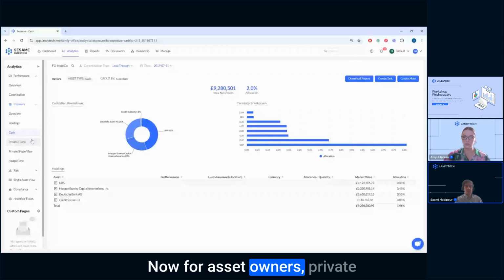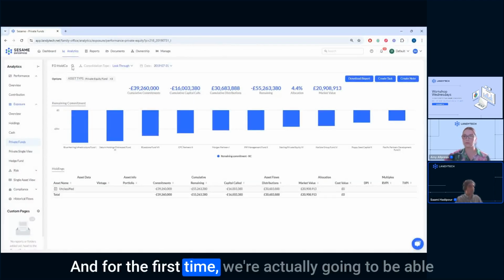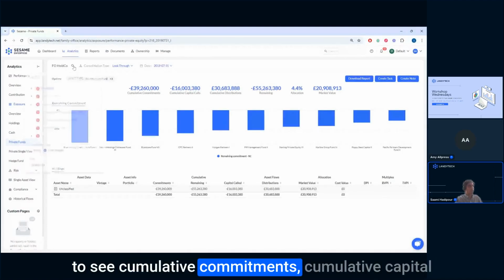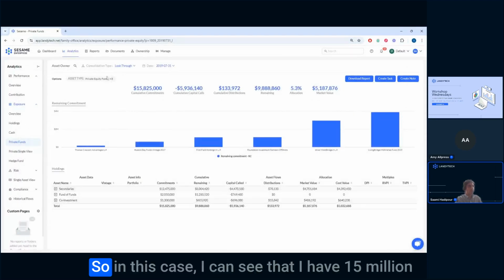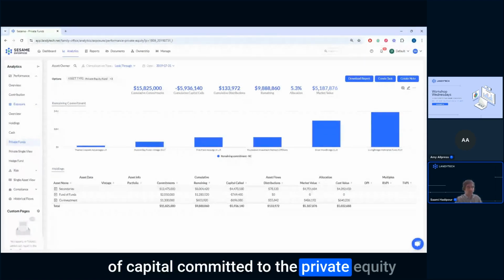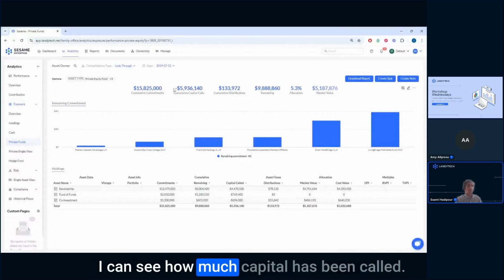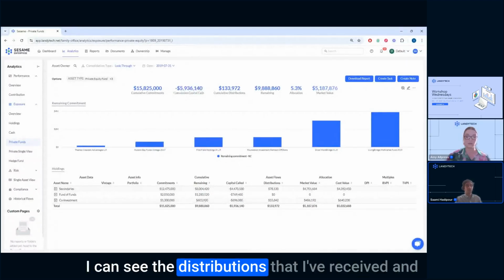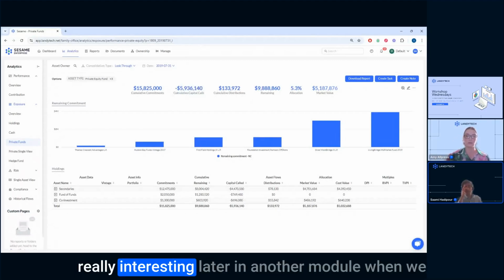Now, for asset owners, private equity is also very important. And for the first time, we're actually going to be able to see cumulative commitments, cumulative capital calls, what's within the portfolio, what's remaining. So in this case, I can see that I have 15 million of capital committed to the private equity funds, cumulative commitments, excuse me. I can see how much capital has been called. I can see the distributions that I've received, and importantly, what's remaining,